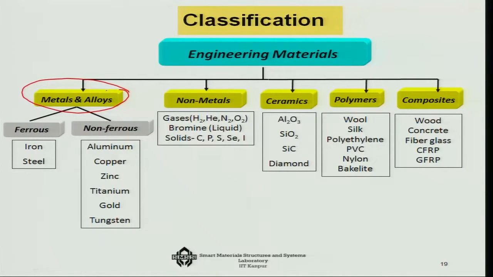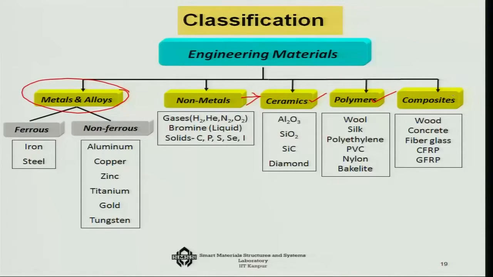Starting from the metal age onwards, that is continuously happening. Then I can keep the non-metals, and out of the non-metals I can go for ceramics, then the polymers, and then I can make composites. Composites are made from two polymers, polymer and ceramic, or metal and ceramic, all sorts of things. So basically, we can keep it as a basic subdivision of metals and non-metals, and further the non-metals. Non-metals generally only talk about basic elements, but instead of that we can think of oxides of various types, like the ceramics,